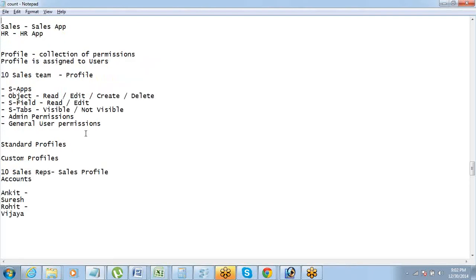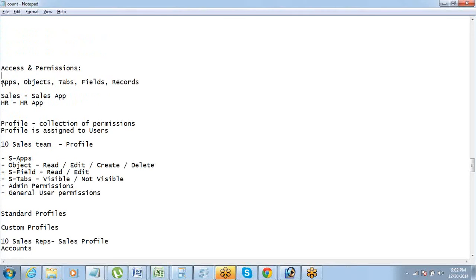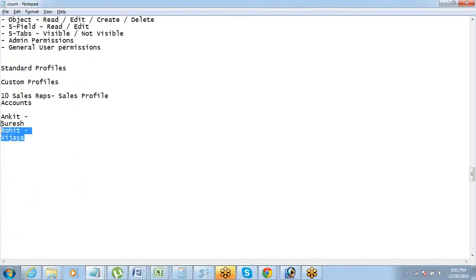This is where we are going to talk about record access. So far we have talked about apps, objects, tabs, fields. Now we are going to talk about record access. I hope everyone is clear with this concept: sometimes it becomes a necessity that if I am the owner of a record, I should only see it or I should only edit it. So there can be two situations: I see that record and no one else sees the records I own. Or the second requirement can be, let others view the data, but they should not be able to edit it because I am the owner. Make sense? This will be handled using sharing settings.